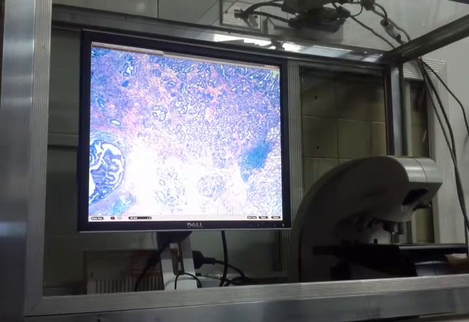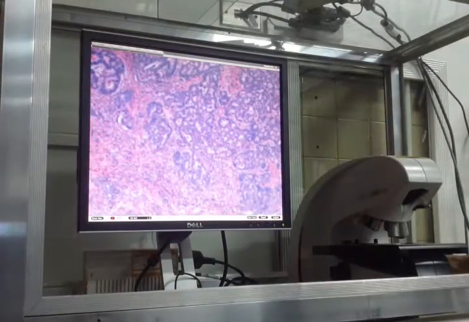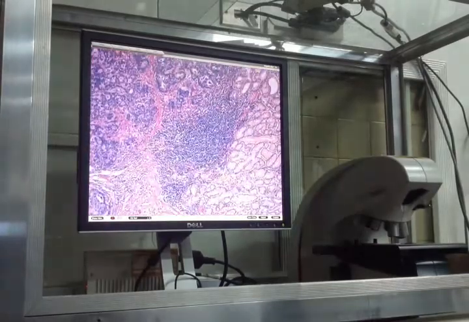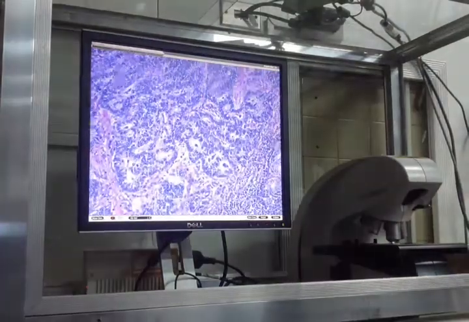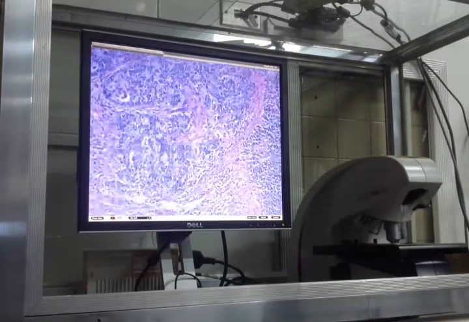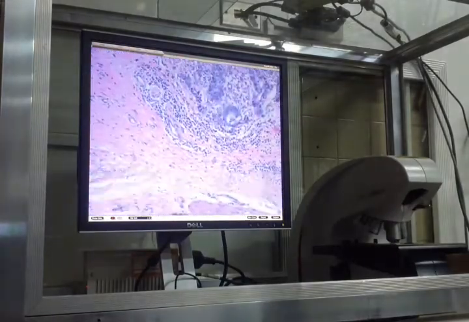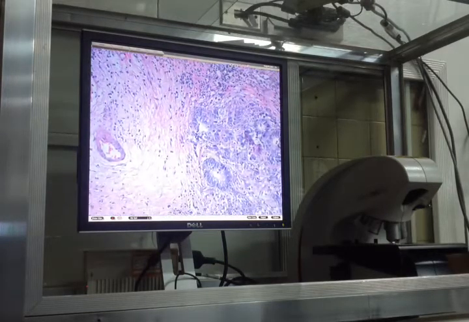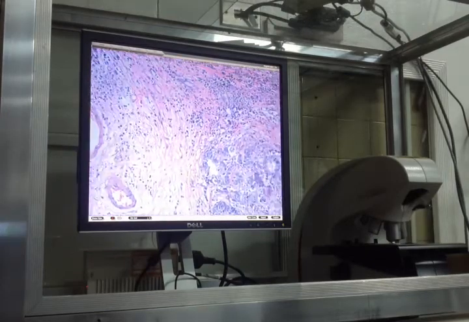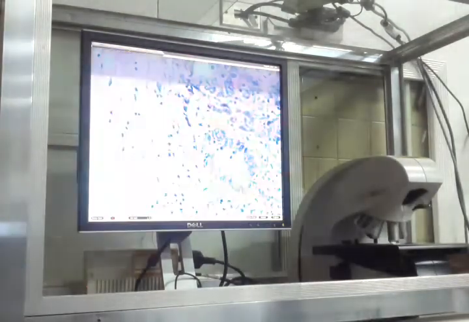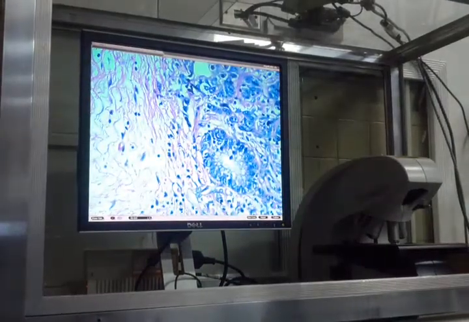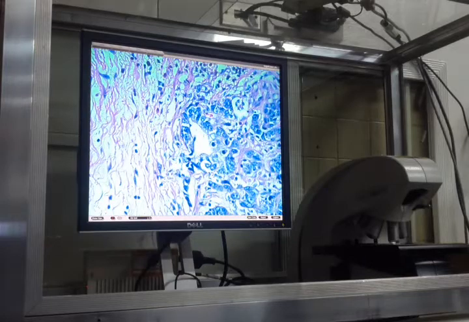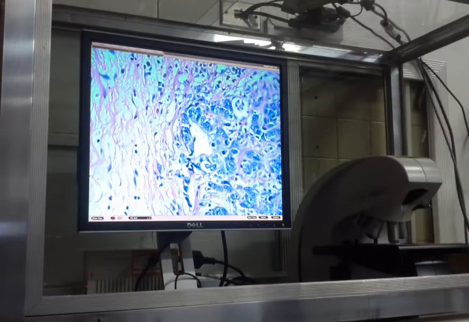You have hyperchromasia, increased nucleocytoplasmic ratio. You have abnormal growth patterns. You have invasion. You have increased mitotic activity. Okay, hyperchromasia, pleomorphism, abnormal architecture, invasion, increased mitotic activity. So those things spell malignancy. Okay? You have the cribriform pattern, and some of the neoplastic cells show you an accompanying fibrosis surrounding